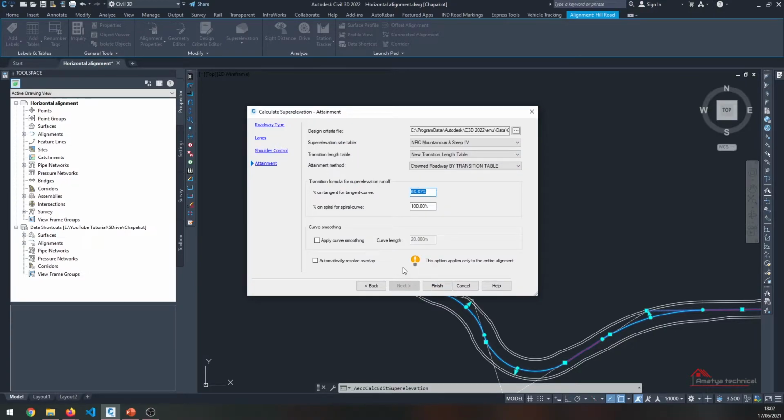Click on the next button, and here you can see on the design criteria file we are using the NRC hill road standard, and the superelevation rate is provided on the basis of type 4, mountainous and steep. The transition lane is a new transition lane table as per this code, and the attainment method is grade roadway by transition method. On the tangent before the curve, there is 2/3 of the superelevation, so you can see that 2/3 will have 2/3 of the slope,